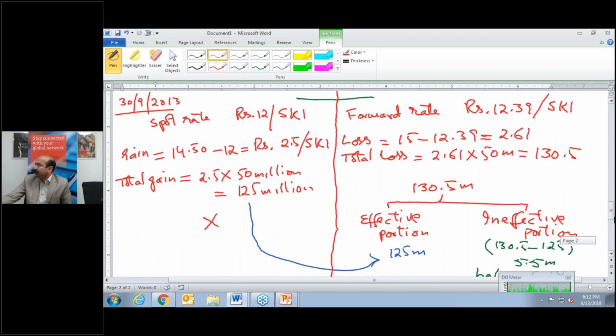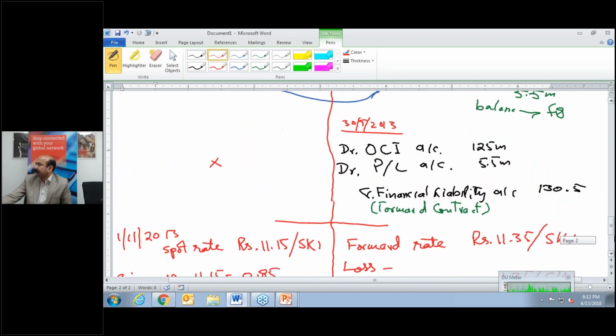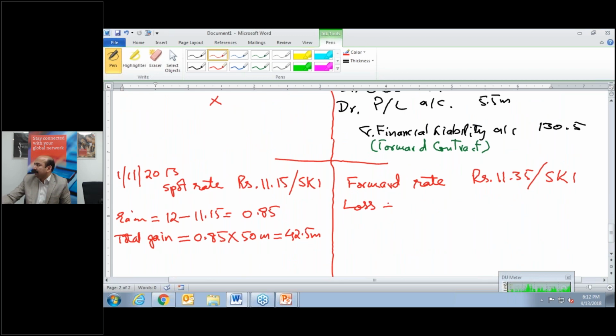The last rate was 12.39. 12.39 minus 11.35 will give us a loss. 12.39 minus 11.35, the loss is 1.04,